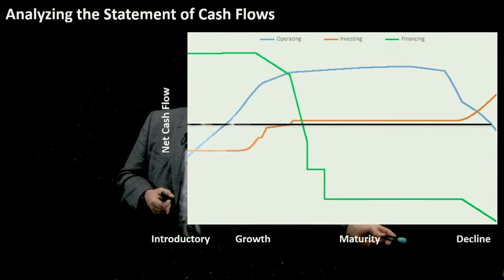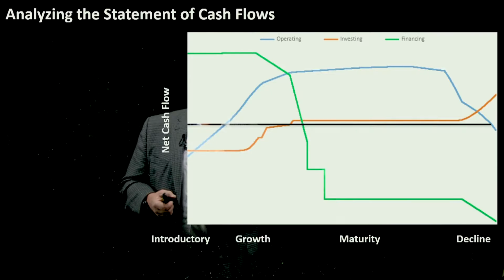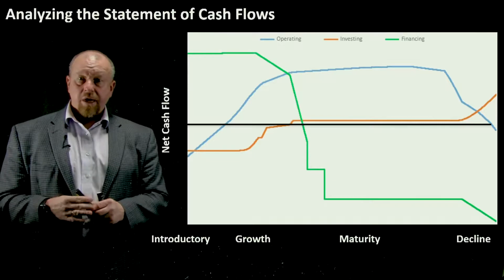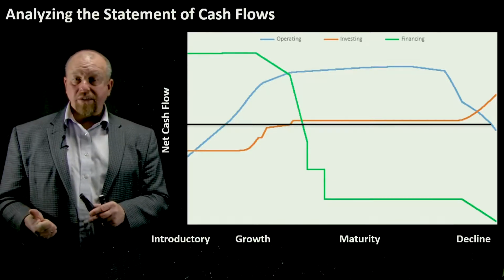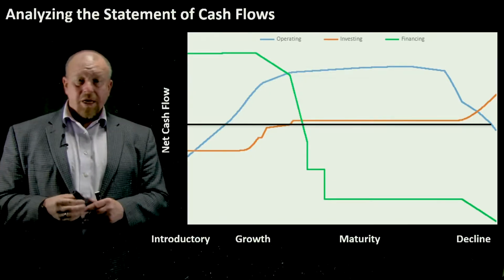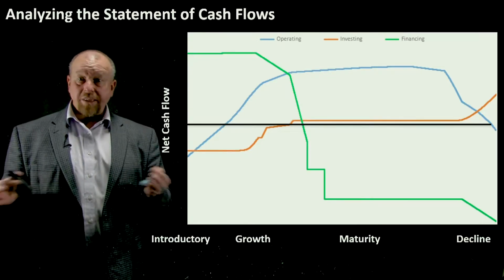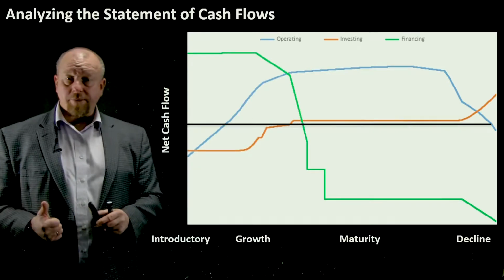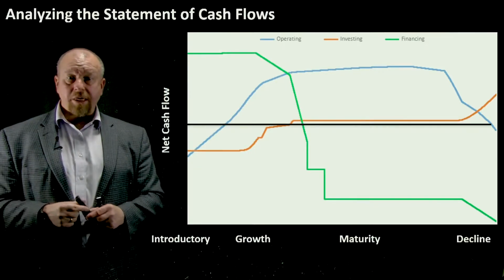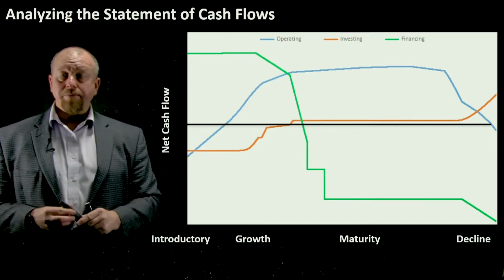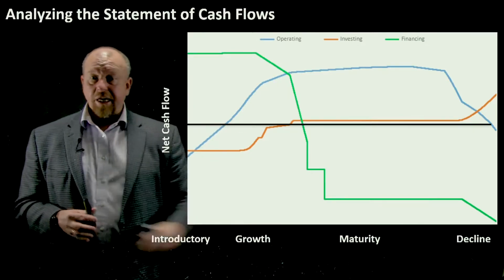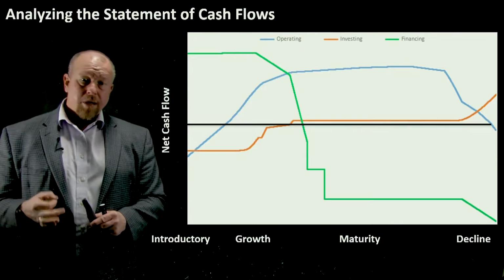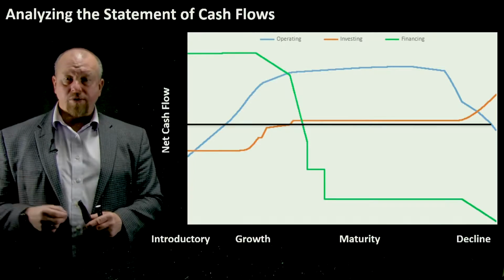So down here, you can see the green line is in the negative cash flow. These are cash outflows because we're probably paying some dividends to investors, we're repaying bank loans, and that money is going out the door, but that's a good thing. I mean, this really in the maturity phase here is showing a healthy company. A company that has positive operating cash flows with the blue line up here. We have negative financing cash flows, and that may be perfectly acceptable because we're getting rid of debt and we're paying dividends to investors. What a wonderful thing.